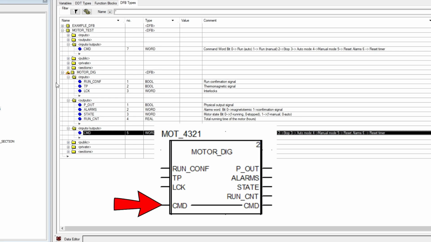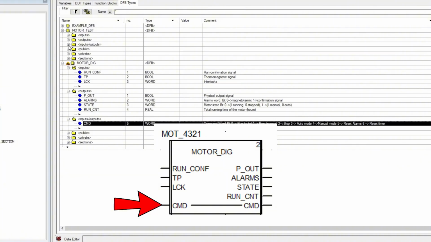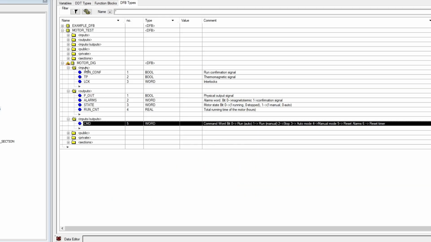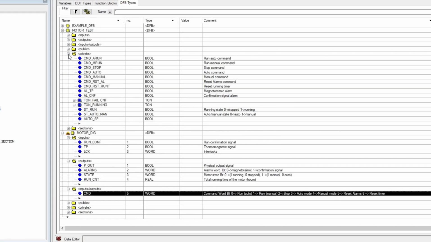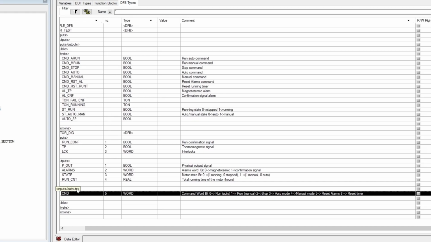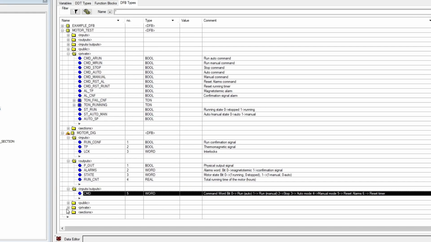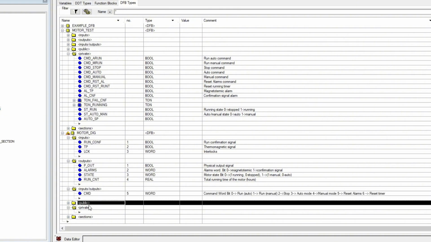Visually, you will see that in our DFB instance, these pins are easy to recognize, as they appear with a line connecting the left side to the right, indicating that we are working with a direct reference to the same variable. In terms of public variables, in this design we are going to opt not to create any. The reason is that all the information we want to expose to the outside has already been included more efficiently in the state and alarm words of the outputs section, so leaving this table empty helps us keep the block